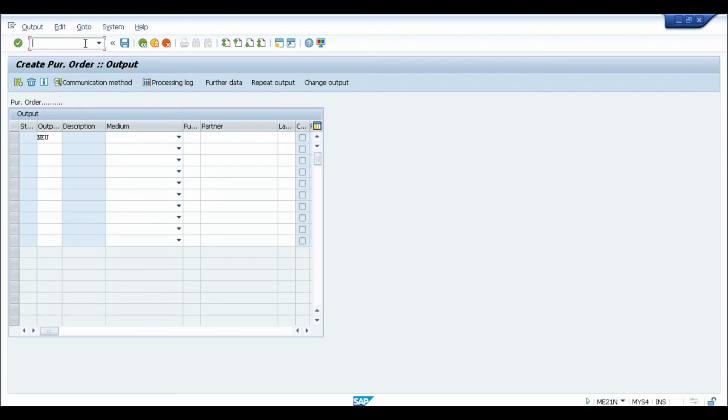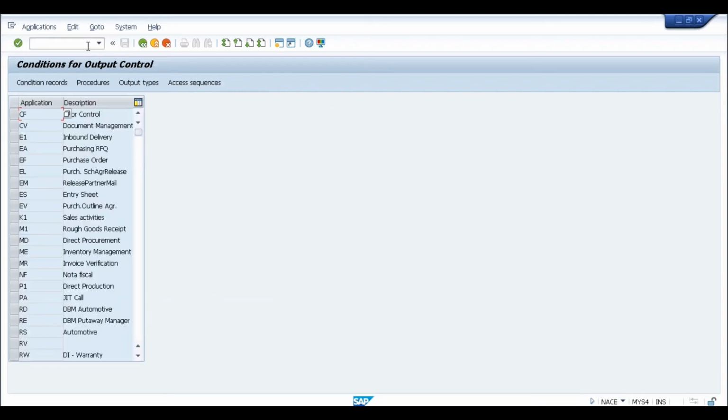Okay, before going to that, let me just give you an overview of how these things were handled in NACE. Then I will show you how it will be handled in new output determination. For purchase order output determination, we were using this application EF. These are the 4 settings that we were doing.